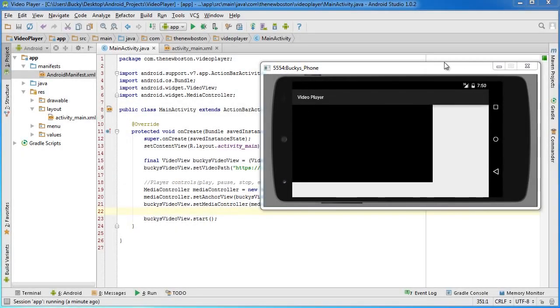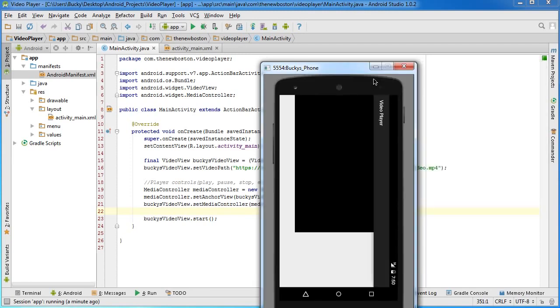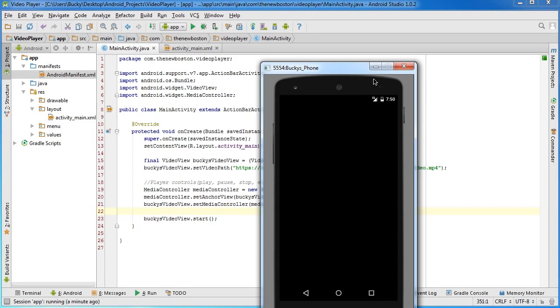Alright guys, so even though you can't see it, I just ran it on a device and it works fine. And another thing I probably should mention, if you hold down the left control key, you know how you have 2 control keys on your keyboard? One's on the very left bottom corner and one's kind of to the right of your spacebar. If you hold down the left control key and hit F12, it's gonna rotate your emulator. So I thought that it might show if I rotated it, but